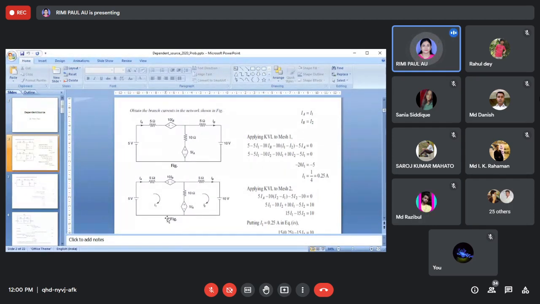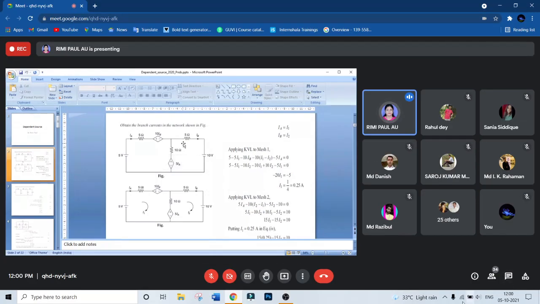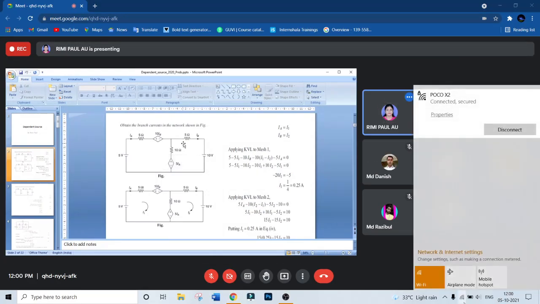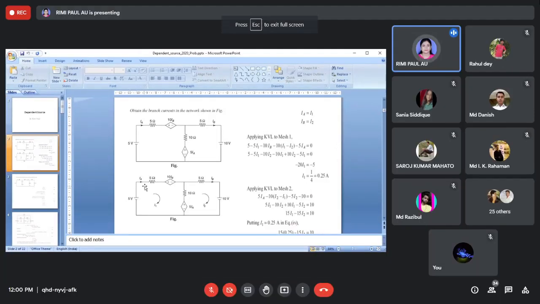So how to solve this problem? You can use nodal analysis, you can use mesh analysis. Mesh analysis is easy. Now we can see that this is written I1 and I2. So I1 is equal to IA, because here IA is already given. This IA will flow through this path and this IB will flow through this path. This is a very easy problem. You can take I1 or I2, but you have to write that I1 is equal to IA, I2 is equal to IB.